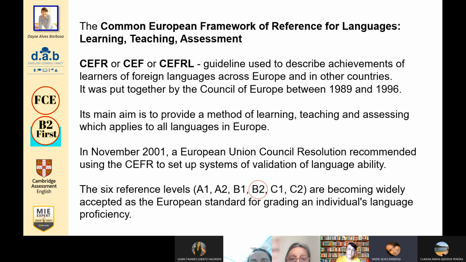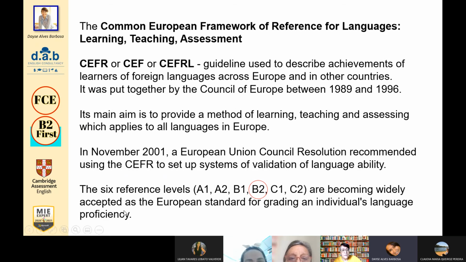And this is also a framework that other languages like French and Italian use in a similar way to classify students according to their level of speaking the language. It was created by the Council of Europe between these years, and the main aim is to have a method for learning, teaching, and assessing. In 2001, they recommended people use this scale for the validation of language